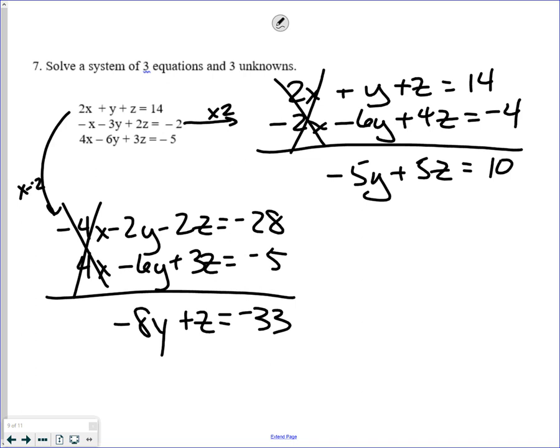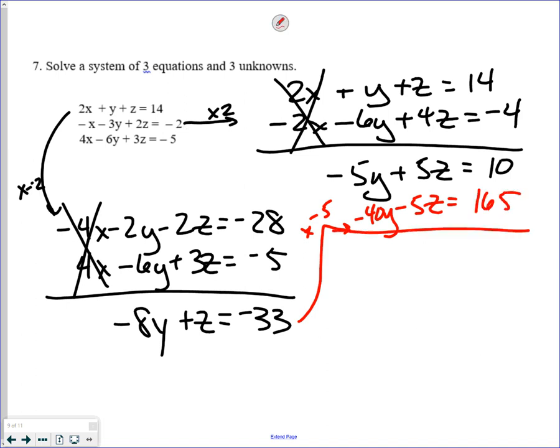With that being said, now I want to eliminate one of the letters again. I'm going to go ahead and multiply this one by negative 5. So I get negative 40y, negative 5z equals positive 165. Z's cancel. Negative 50y equals